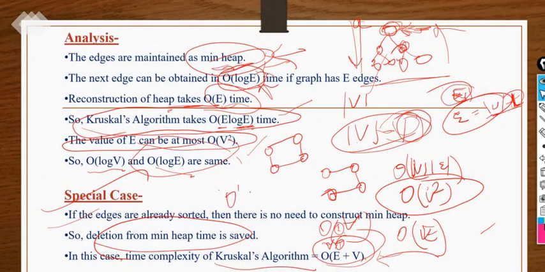If we are getting order of v square, I hope you know about it. Order of v square takes much more time compared to e log e, because e log e is less than v square, right? We have already seen the sequential format in the time complexity recurrence relation topic. So that was all about these algorithms.